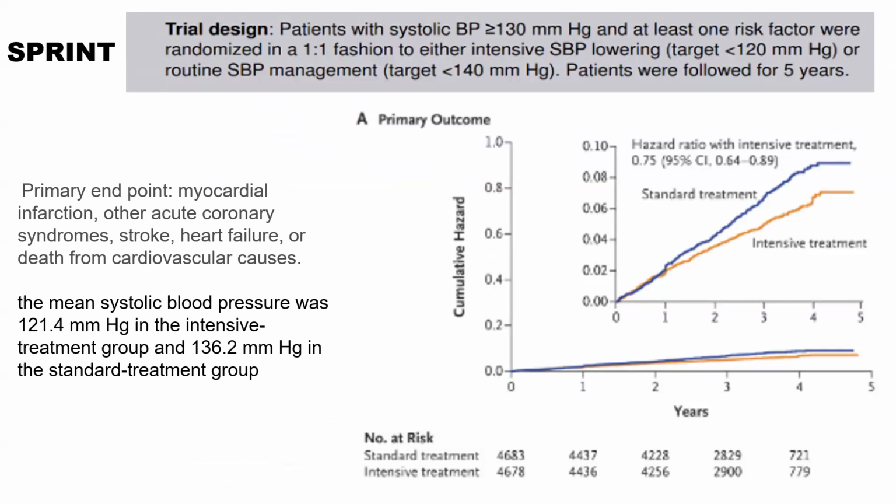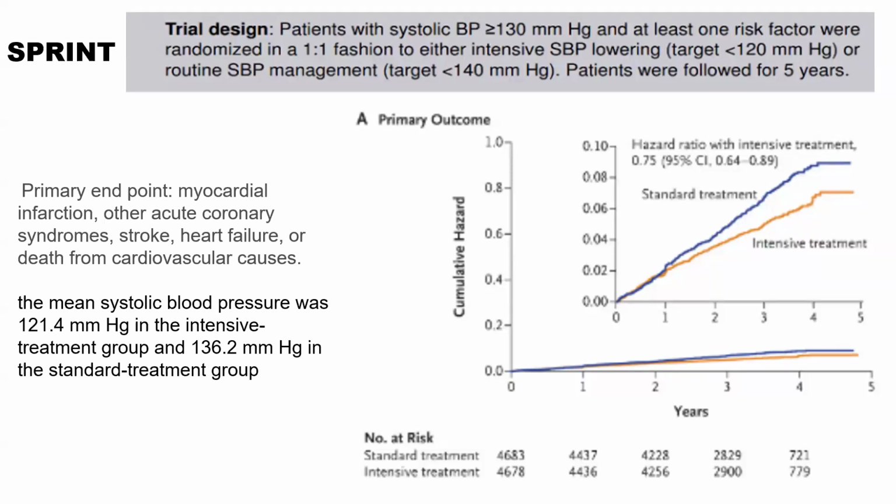In the intensive blood pressure lowering group, the target was less than 120 millimeters of mercury systolic, and in the routine group, the target was less than 140 millimeters of mercury, and patients were followed for 5 years,